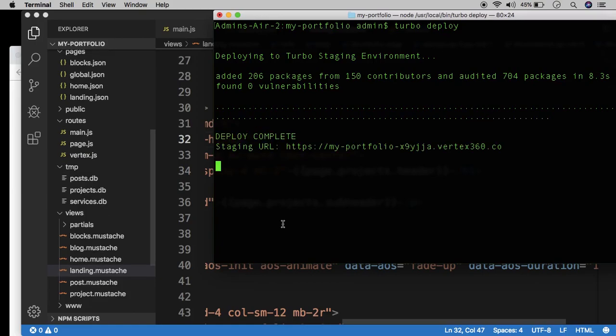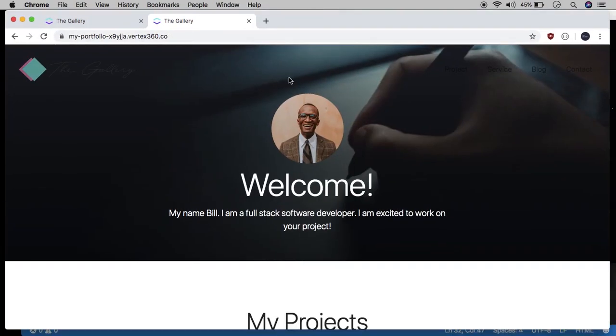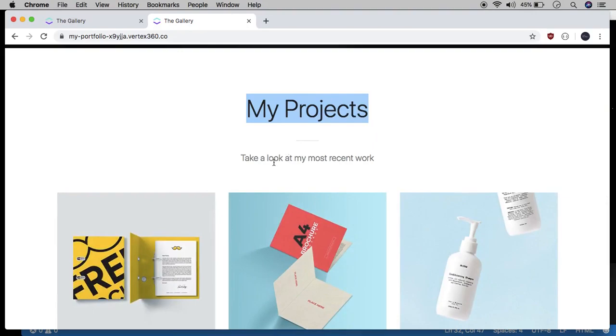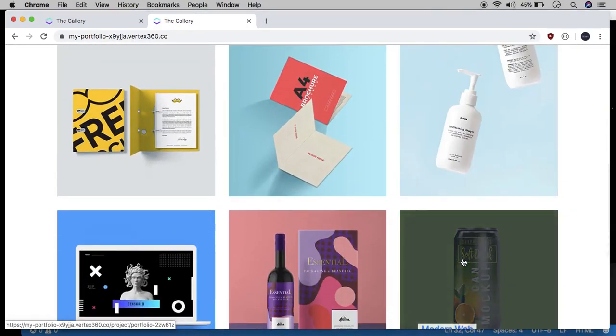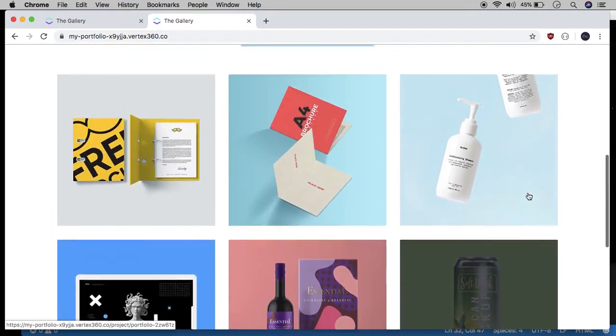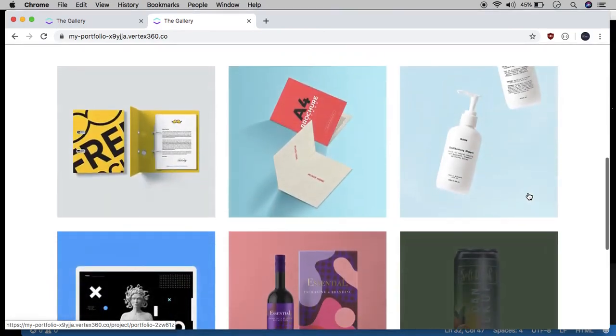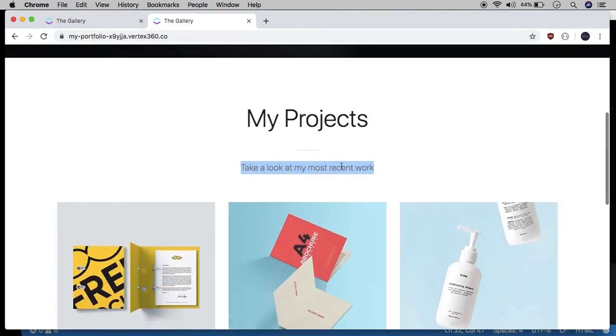Okay, let's go ahead and take a look. So let's grab the staging URL, copy and paste that into the browser. And now we have my projects. Take a look at my most recent work, and this is now being fetched from the database. It's very important to recognize the distinction, although everything looks the same, but the data is now dynamic. So we can update the database here using what's called a content management system, or CMS for short, which will